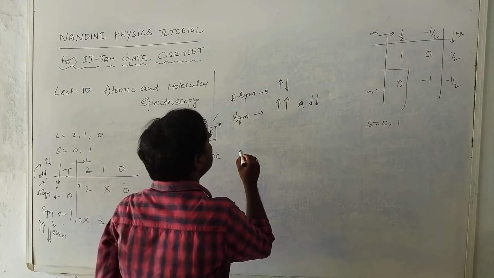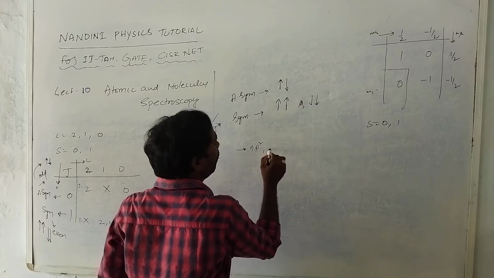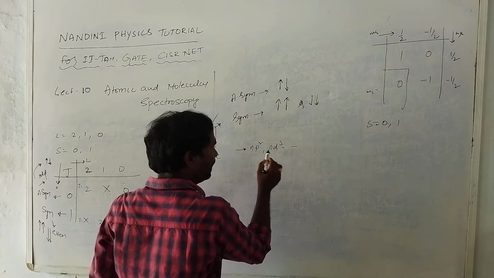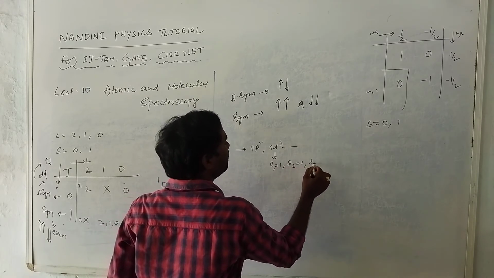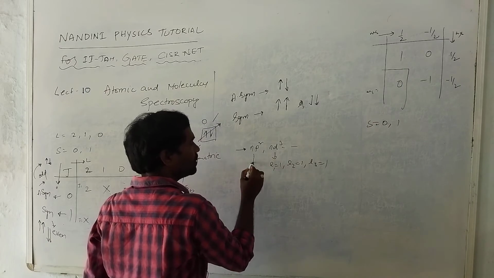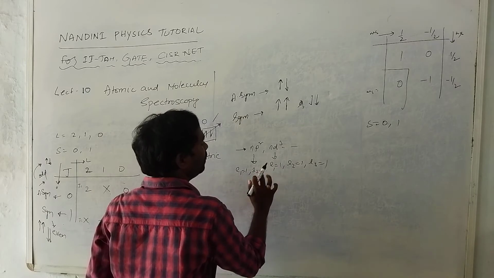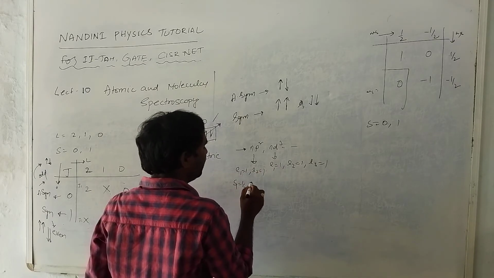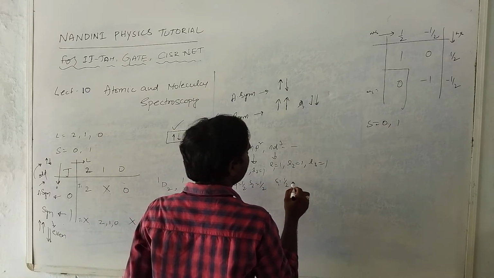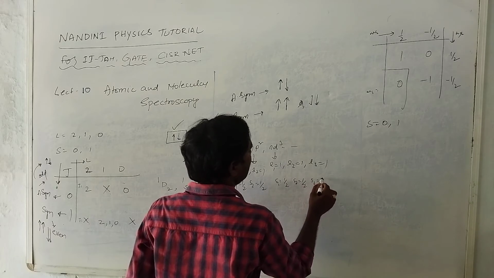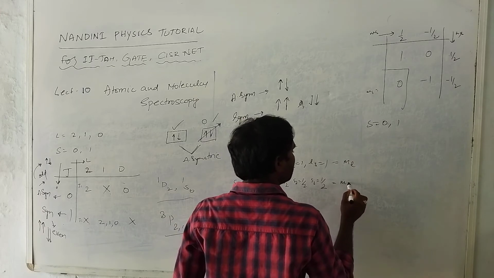So what are the procedures I did for equivalent electrons? First of all, take p square, np square or nd cube, whatever it may be. For nd cube, L values start from L1 is equal to 1, L2 is equal to 1, L3 is equal to 1. So take three different ways. For the p state, take L1 is equal to 1, L2 is equal to 1. Take S1 is equal to half and S2 is equal to half. Similarly here S1 is equal to half, S2 is equal to half, S3 is equal to half. Then the possible values of ML and the possible MS values you can find.